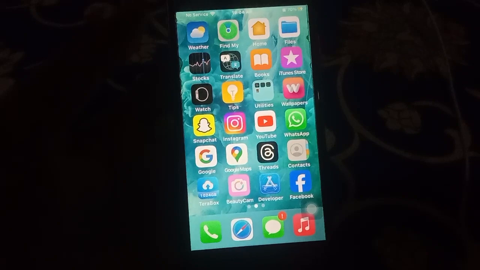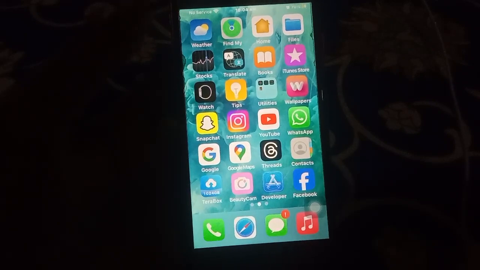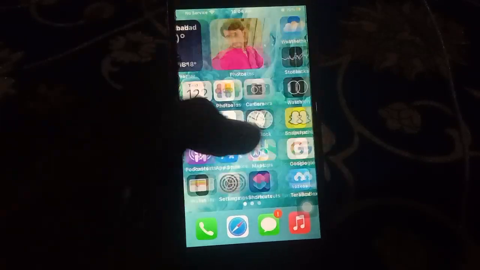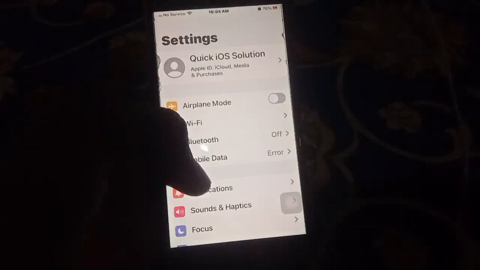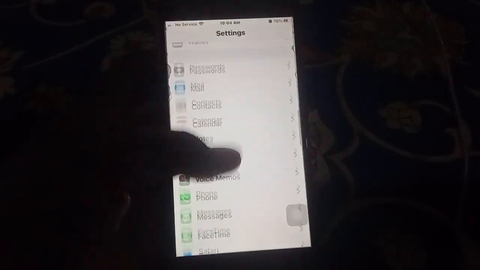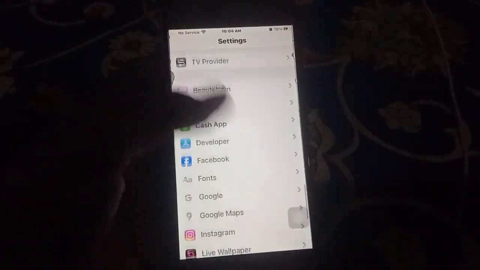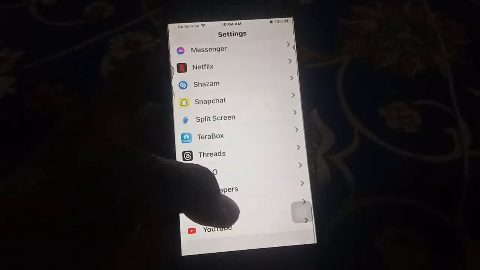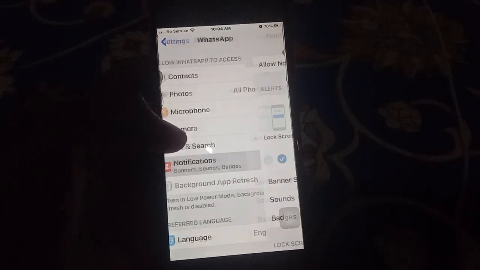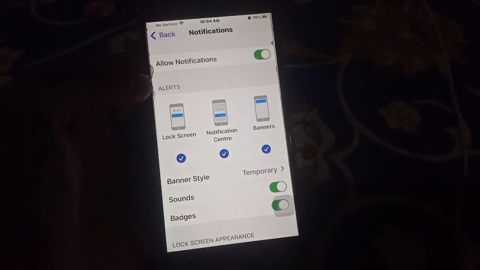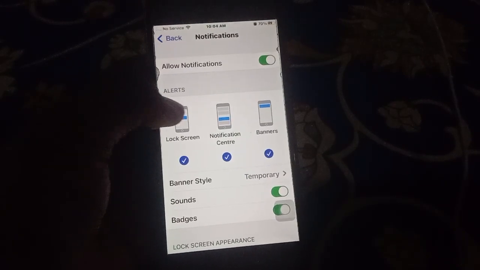First of all, let's fix this issue. You have to open Settings. First solution, turn on WhatsApp notifications. Open Settings, scroll down, find the WhatsApp app, and click it. Then tap Notifications, and allow notifications from here. If the first solution is not working,